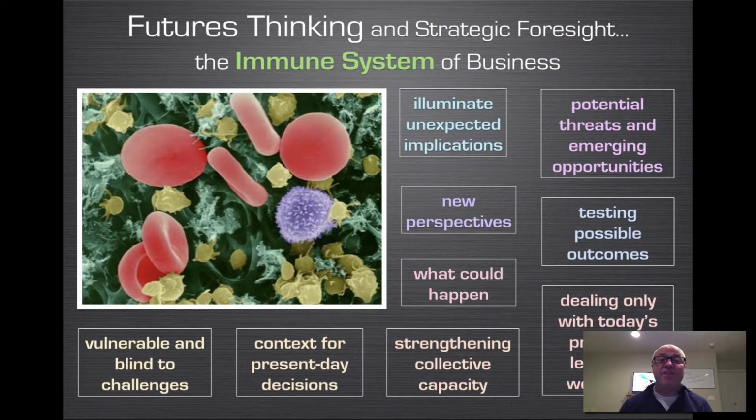So the next slide is one that's critical for your audience, and that is that futures thinking and strategic foresight is like the immune system of business. And the immune system doesn't only make us healthy when we're sick, it stops us from getting sick. And strategic foresight stops the company from getting sick. Across the board, like we've already shared, whether it's in HR, learning and development, organizational development and transformation, it doesn't matter what part of the business, in studios, in the case of Disney in particular, it stops us from having a letdown or being overtaken by a threat or being run over by risk. It stops us from getting sick.